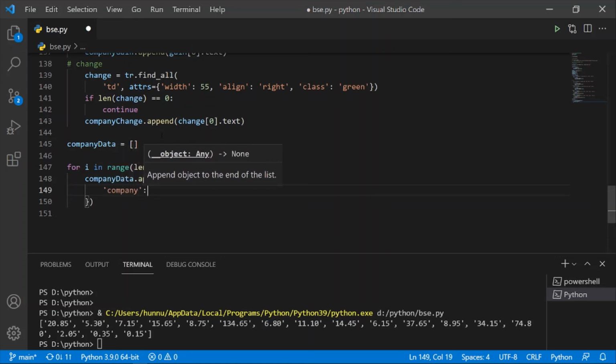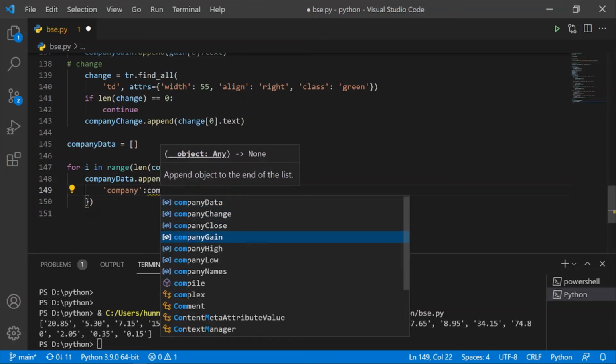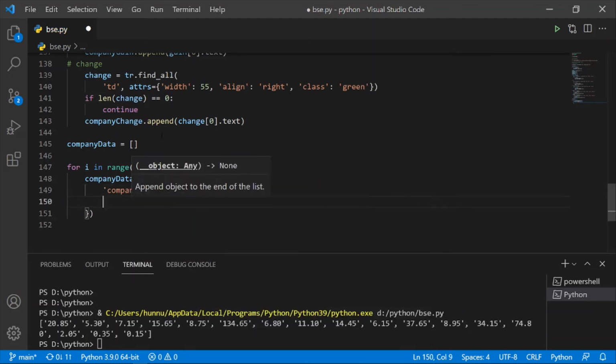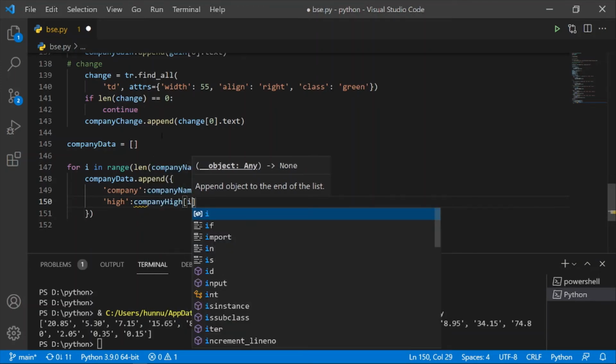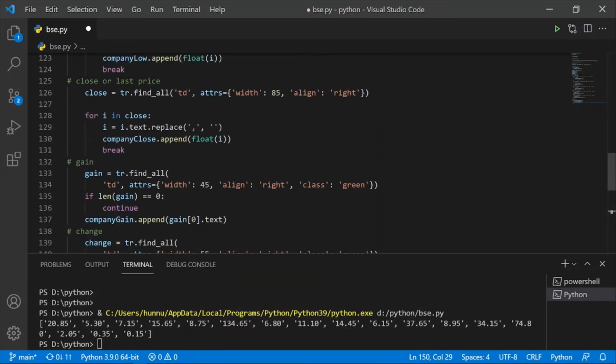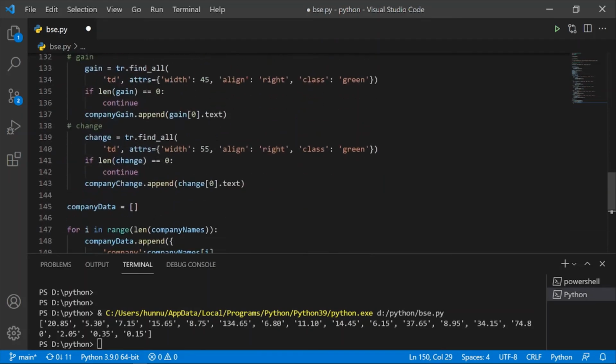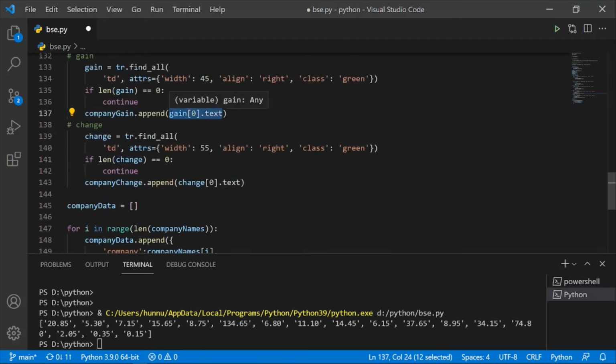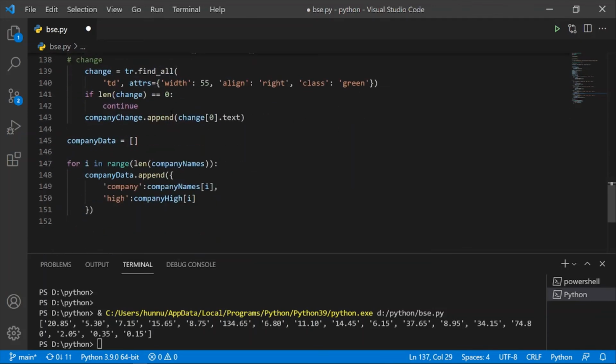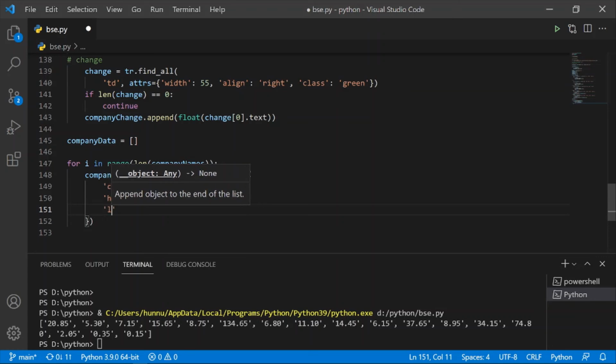First we want company name, and that is company names of i. Again we want high value, company high of i. Before that we want to convert all into a float format. It is okay, here it is converted. Here we didn't convert into a float format, float, as well as here also float. Okay, then low,